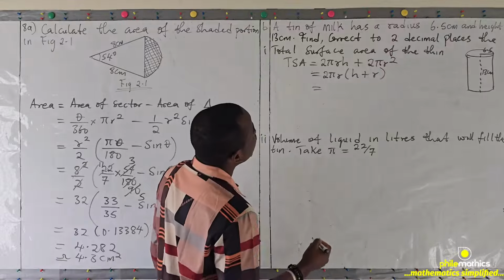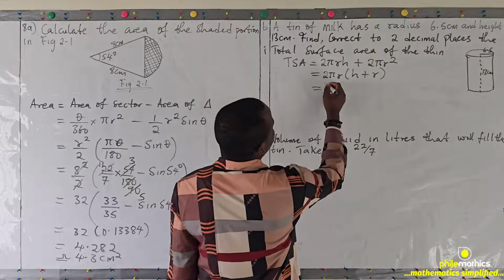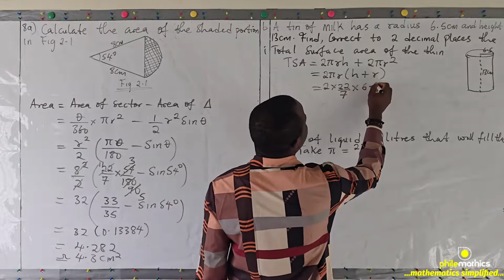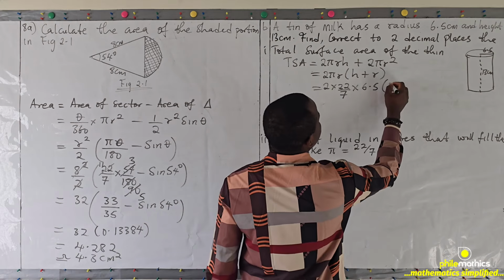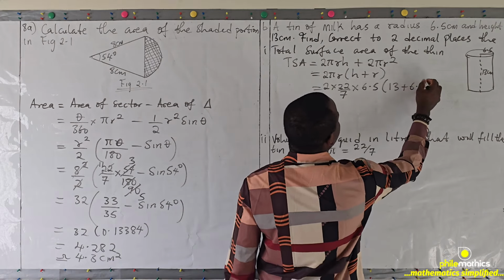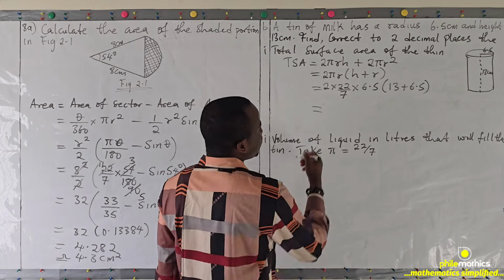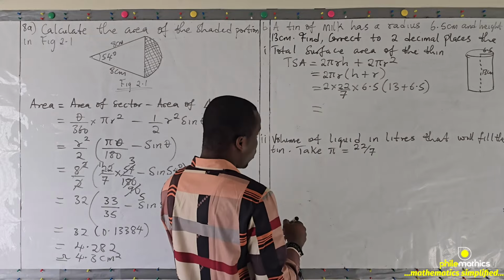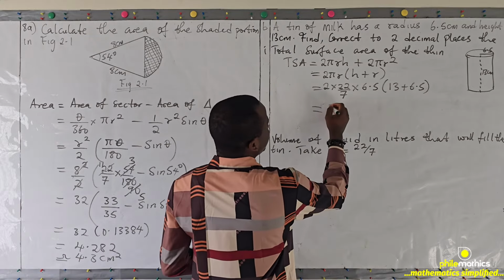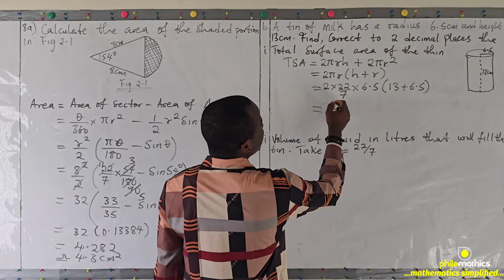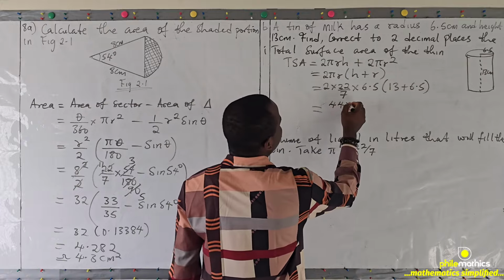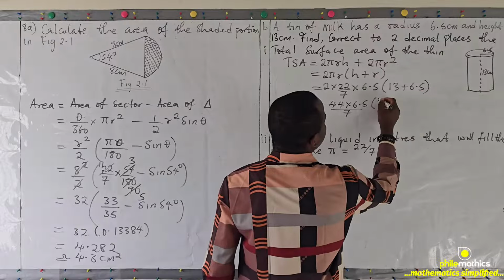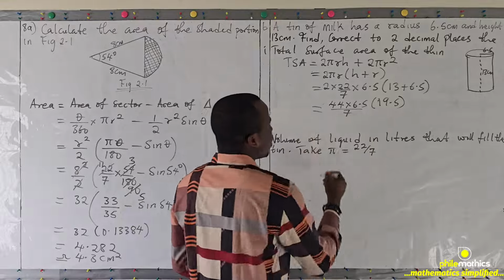So we're asked, we can take pi as 22 over 7. So this is 2 times 22 over 7 times 6.5 bracket 13 plus 6.5. And so this is 44 over 7. Let's multiply this in our calculator. So this is 44 times 6.5 over 7 times, this is 19.5. If we do this on our calculator, we'll get